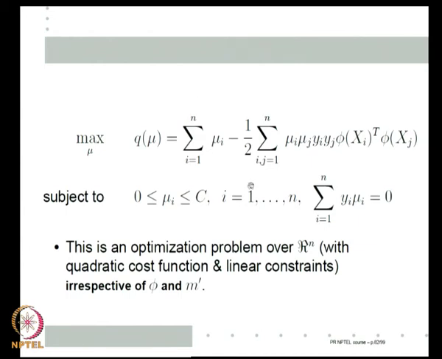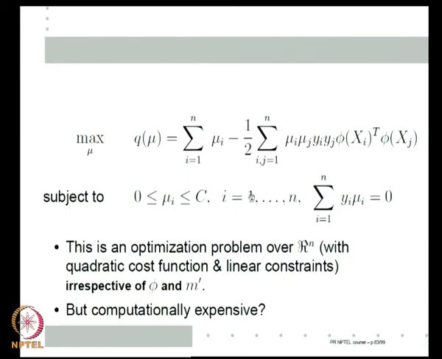This is the good thing, but does it mean that I have really got rid of computational cost? Of course, during learning I have to solve this problem to find mu i given all my training examples. So, to calculate phi xi transpose phi xj, of course, I can pre-compute it because these do not depend on the optimization variables here. So, I can find all the order n square numbers phi xi transpose phi xj one time and then use those constants here and solve this optimization problem.